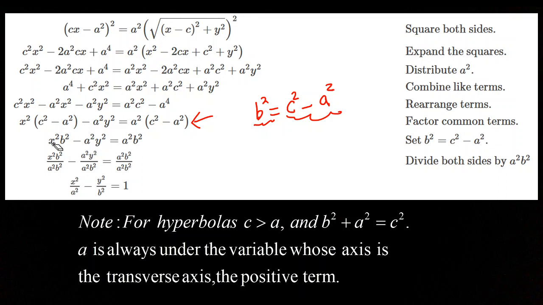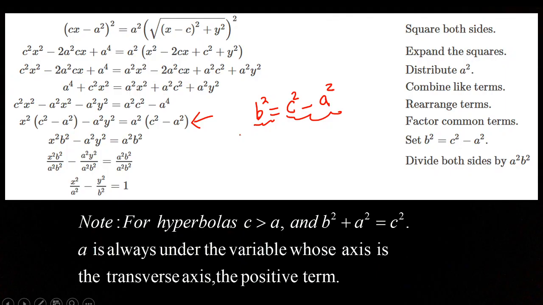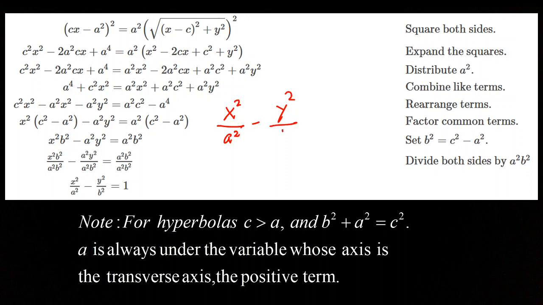Now we divide everything by what? A squared b squared to make the right hand side 1. So we end up with what? We end up with, let me write it here, x squared over a squared minus y squared over b